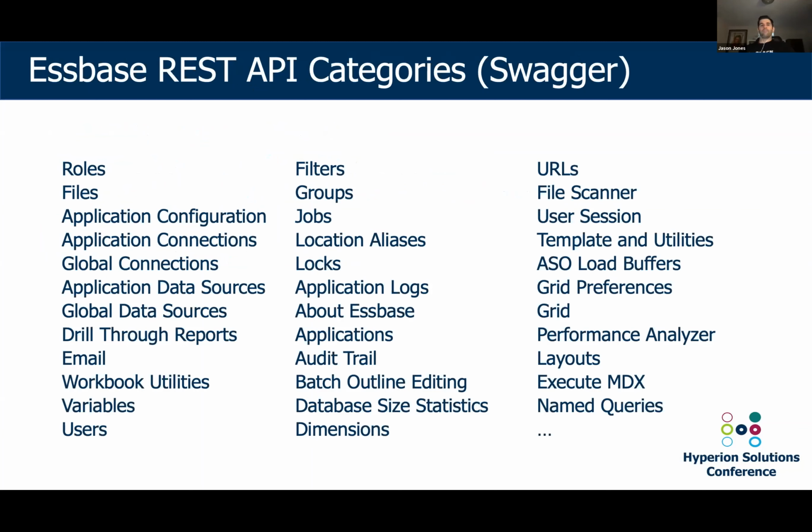So I want to talk about the categories of things that are available in the Essbase REST API. This is just a partial list I took from the Essbase REST API Swagger documentation. It gives you a sense of the different groups of functionality that exist in this API. We've got methods, endpoints, or services, whatever you want to call them, for creating, updating, and deleting roles and files, aspects of your application configuration, new data sources and drill-through reports, variables, and filters. You can execute MDX queries, all this stuff. If you've done anything with Maxl, with automation or with Essbase, these things are going to